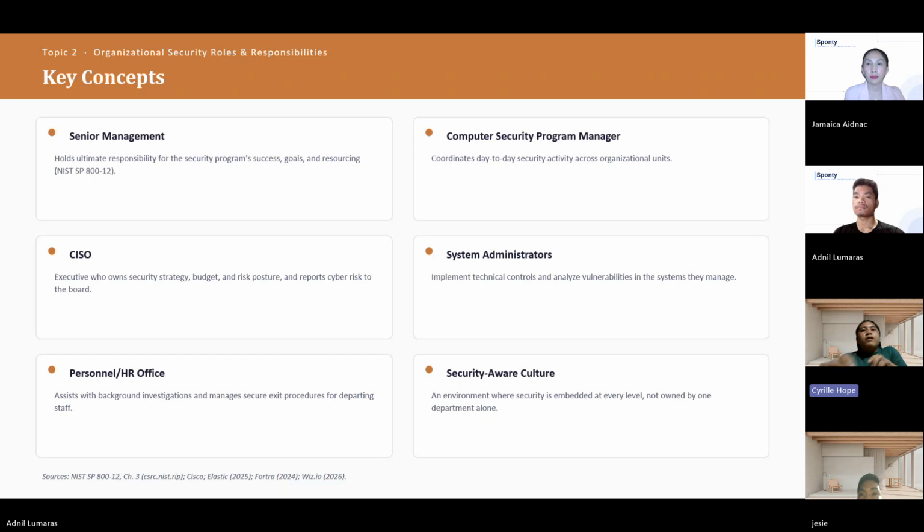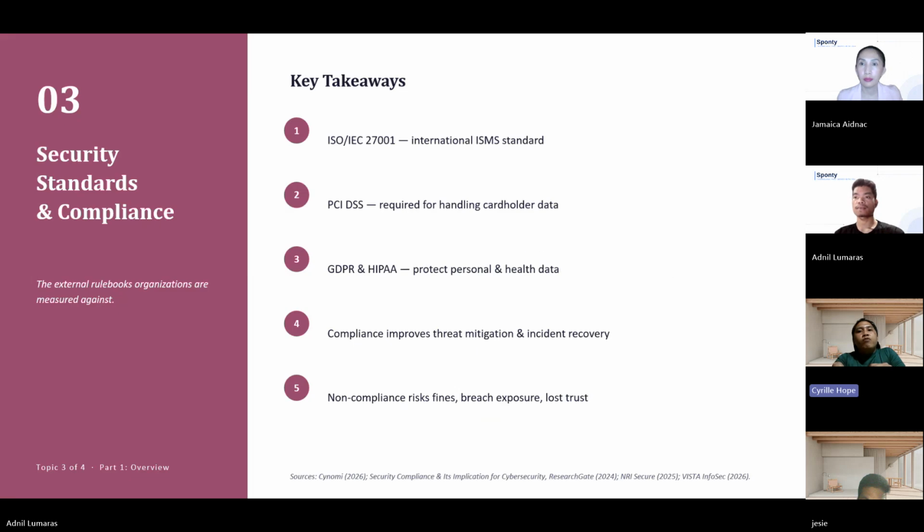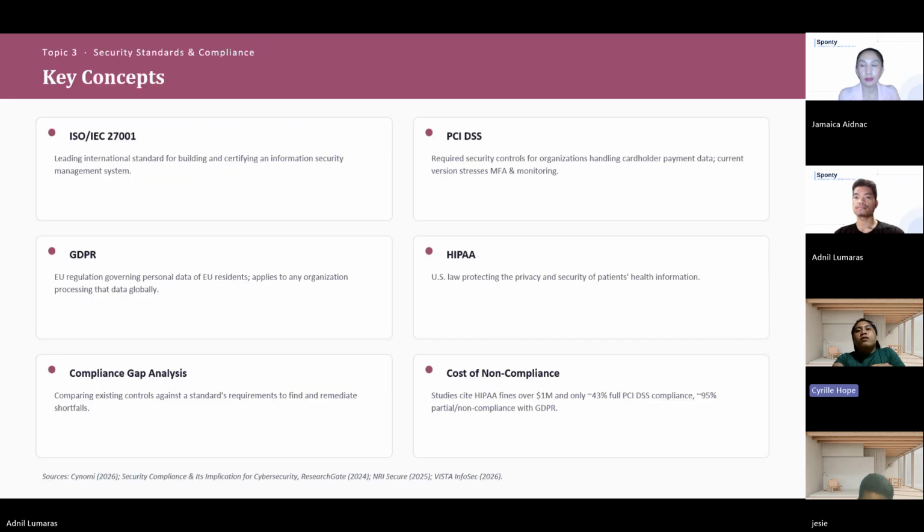Good day, everyone. I will discuss security standards and compliance, the external frameworks, laws, and certifications that define the minimum security bar organizations must meet, and the process of proving they meet it. Where the first two groups focus on internal documents and internal roles, this topic shifts the lens outward. Standards and compliance are largely about how an organization is judged by parties outside itself: regulators, auditors, customers, and business